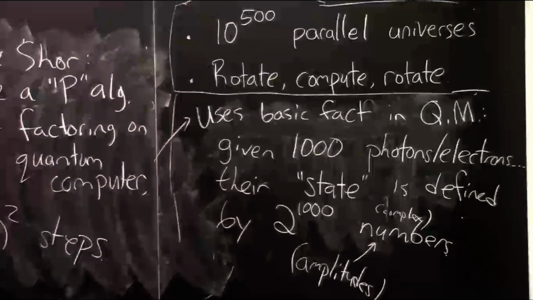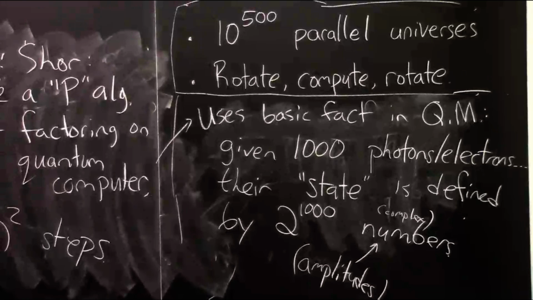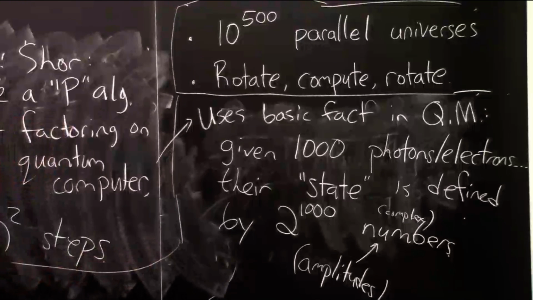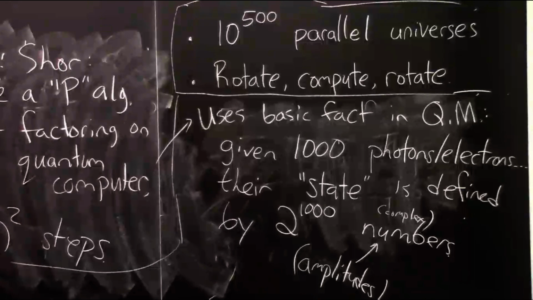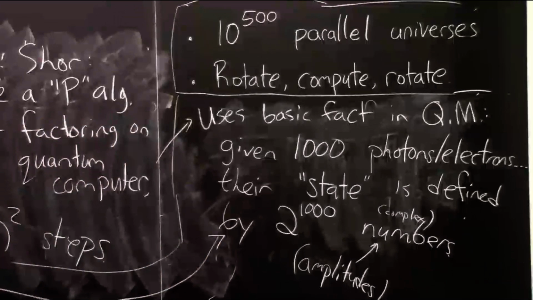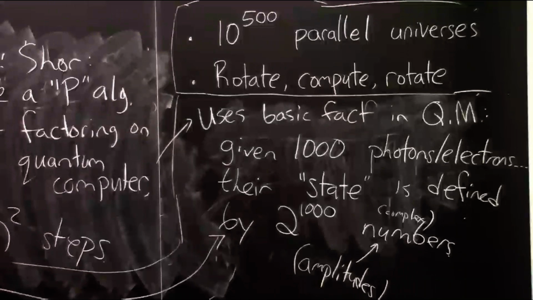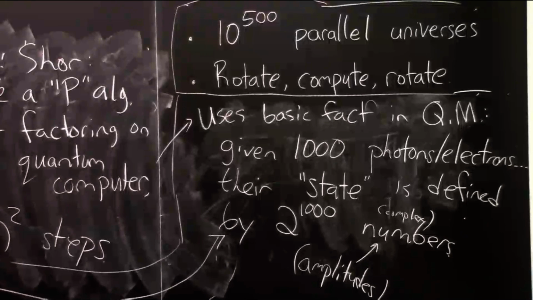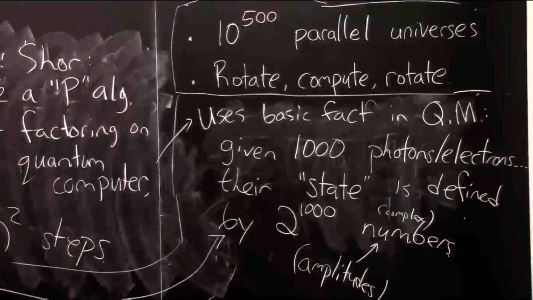It's perfectly feasible to get 1,000 particles together. That's no big deal. 1,000 photons is not a lot. But the state of those particles is apparently encoded by 2 to the 1,000 numbers, which is kind of extraordinary. And furthermore, let me write this here, just to somehow emphasize it, nature seems to store these numbers. Okay, so in whatever way nature keeps track of reality, it's storing these 2 to the 1,000 amplitudes that define the state of these 1,000 photons.